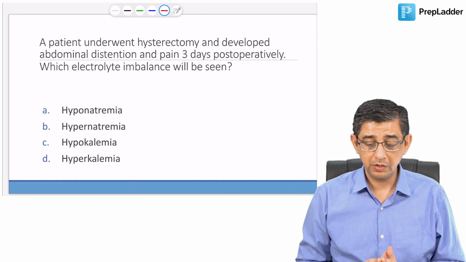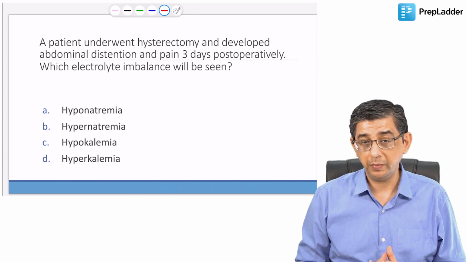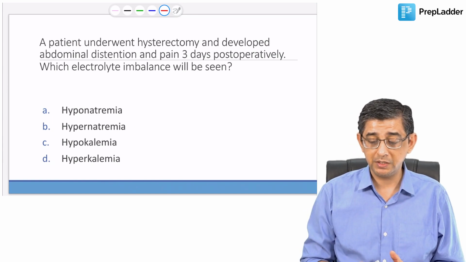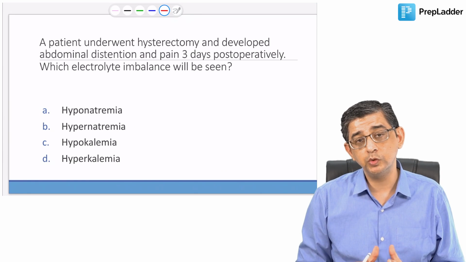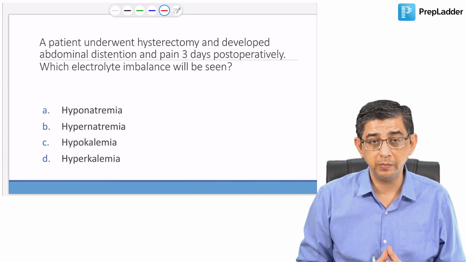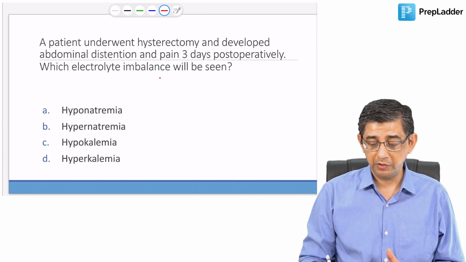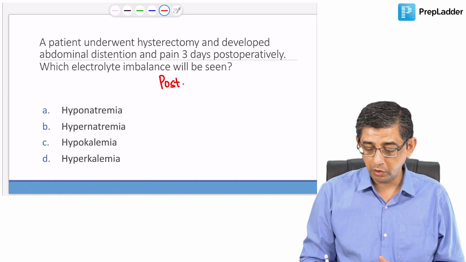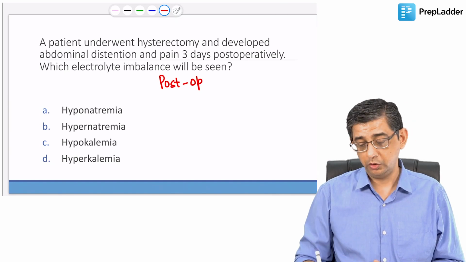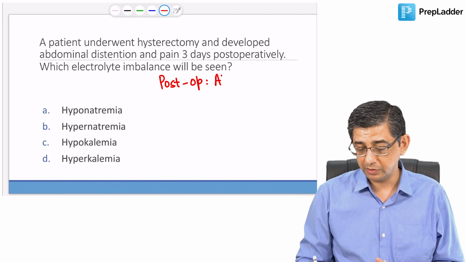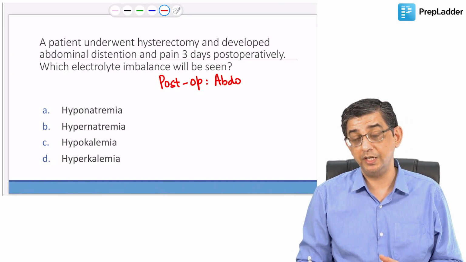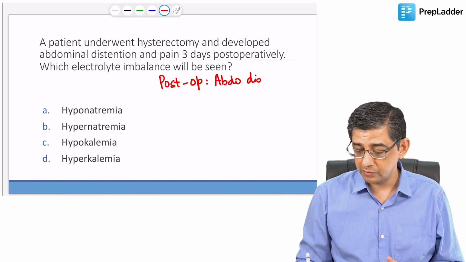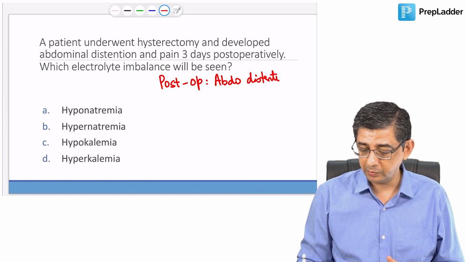The next question talks about a patient who underwent a hysterectomy and is now having abdominal distension and abdominal pain 3 days post-operatively. Which electrolyte imbalance will be present? In any patient with post-operative abdominal distension, the electrolyte responsible for this, which is causing ileus, meaning paralysis of the gut, is mainly deficiency of potassium, and potassium will